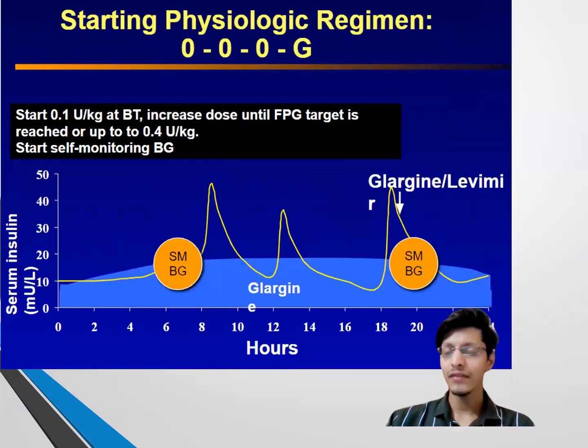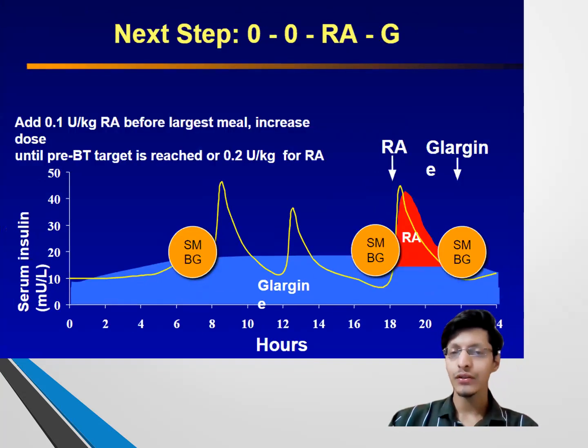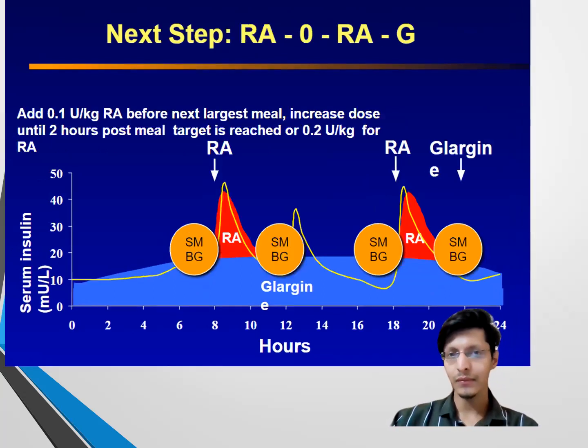So there's a starting physiologic range जब हमने ग्लाजिन दिया at night 0.1 unit per kg and can be reached up to 0.4 unit per kg। बेसल लेवल कंट्रोल हो गया इससे। This is how we start to give the insulin। हमने सबसे पहले एक बेसल लेवल दिया, this is for the OPD patients। उसके बाद हमने क्या किया, पेशेंट को एक रेगुलर इंसुलिन डाल दिया, कब, again at the night at 0.1 यूनिट पर केजी before the largest meal। Usually the night वाला is the largest meal, तो हमने इसके साथ ऐड कर दिया, ठीक है।